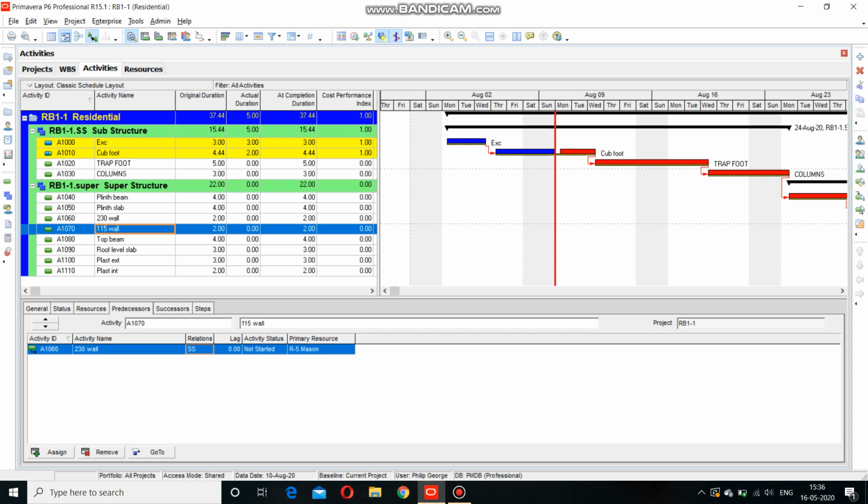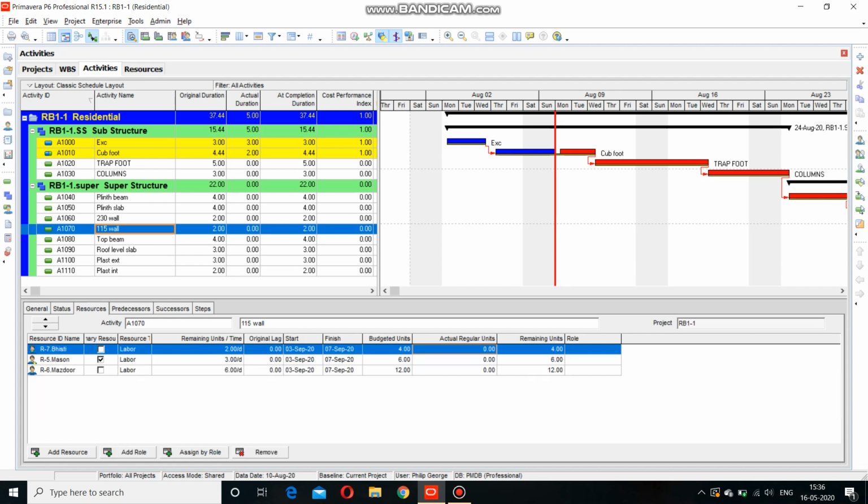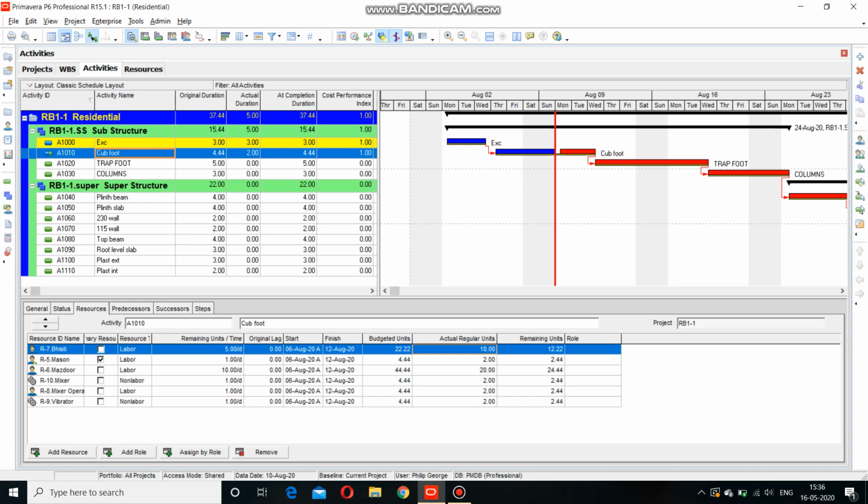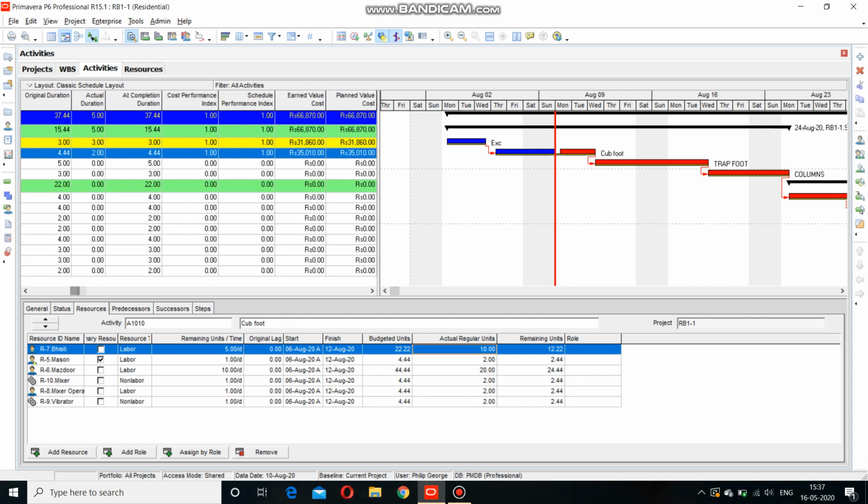For the cuboidal footing the budgeted units were 22.22, and the actual regular units used till now are 10. You can see that the cost performance index of the cuboidal footing is 1, based on the fact that everything is running on schedule and on budget.